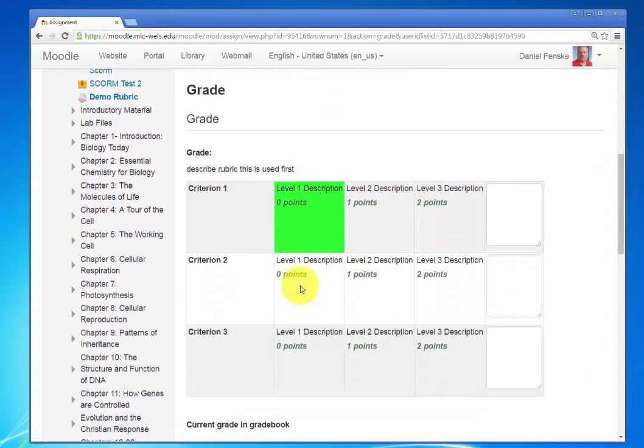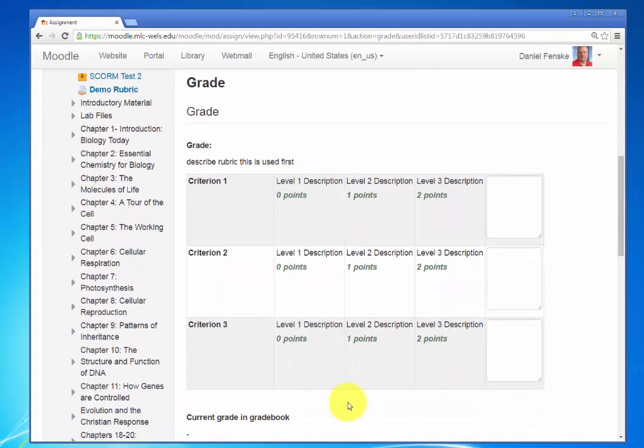And as we come down here, here is our rubric, and you probably already caught what it does. I can highlight a specific box in the rubric, and I can select it. So if I want to select criterion 1 for 1 point, criterion 2 for 2, criterion 3 for 2,